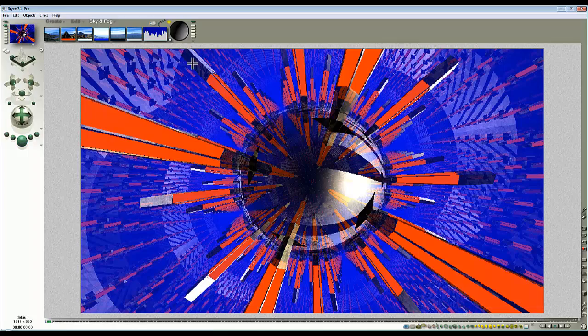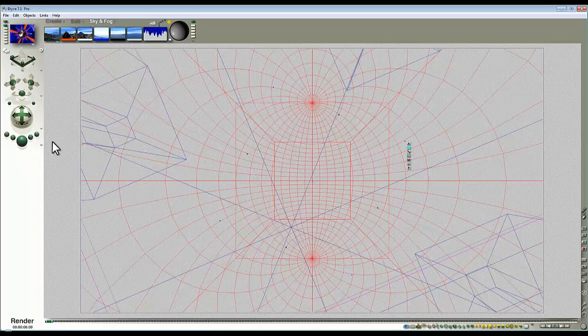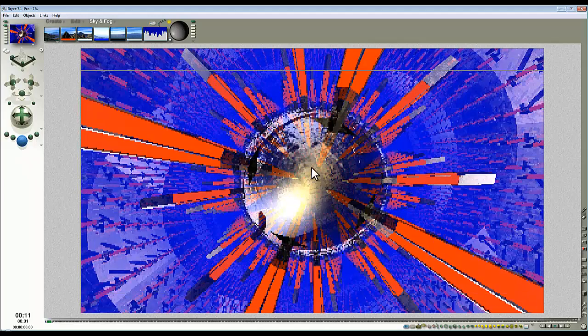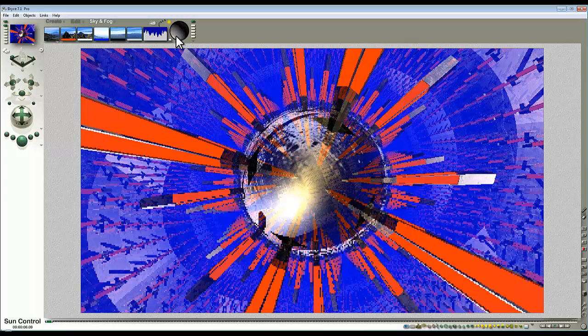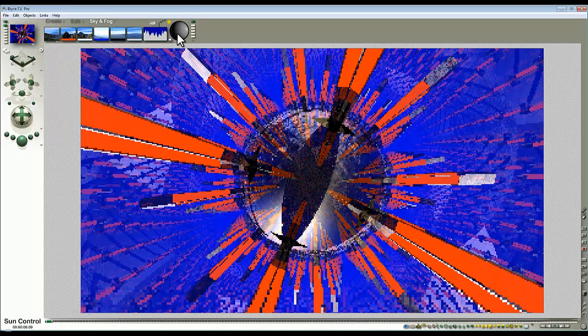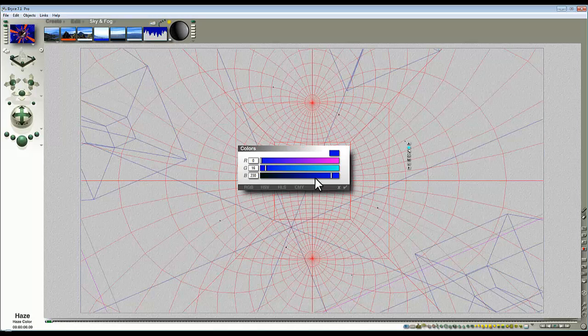Okay, I could try moving the sun around to change the effect of the highlights on the metal surface here, but essentially, I'm just checking the time to see how long I've gone on for. It's taking about 15 minutes. We're more or less there. I'm going to darken this haze up a bit more,